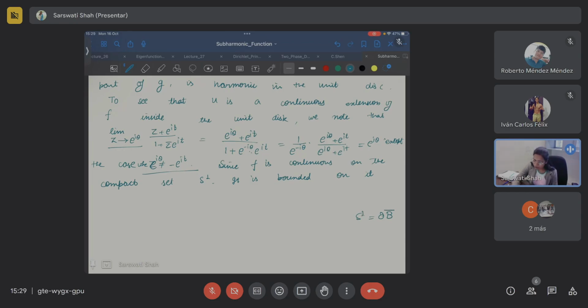So S1 is going to be a compact set, and also f is continuous, which is defined on S1, that is a compact set. So by the theorem, what is the name of the theorem? I don't know, but by the theorem of topology, it is Heine-Borel. I think it is the lemma based on the Heine-Borel theorem, not exactly the Heine-Borel theorem. So it is bounded on it, and by